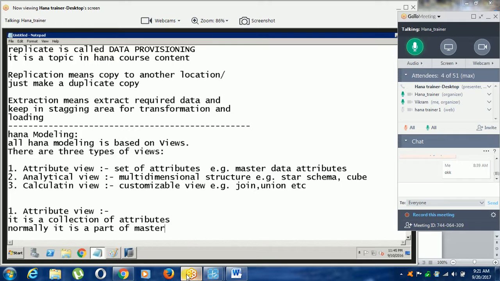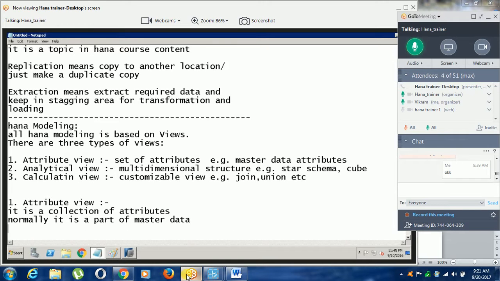Normally it is a part of master data, and it supports calculated columns.